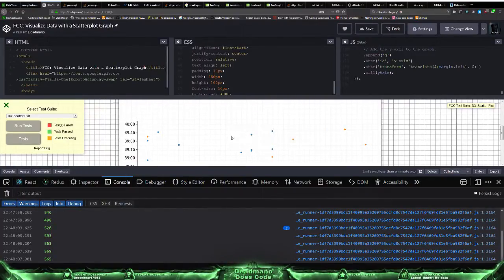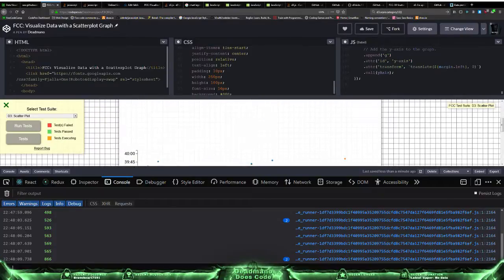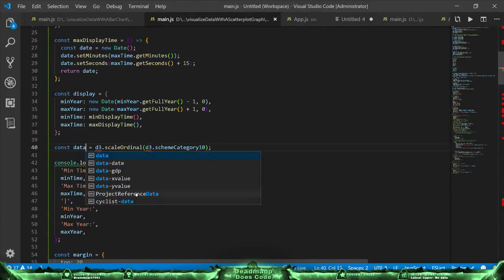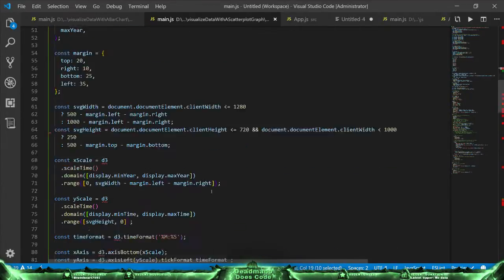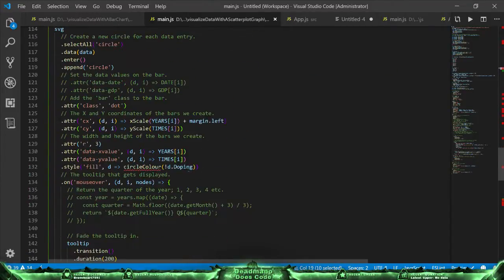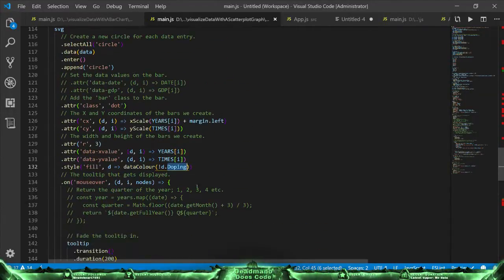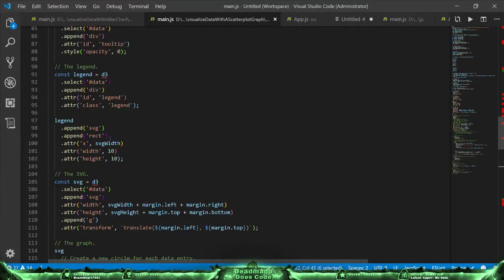So the ones that dope are blue, and the ones that don't dope are orange. Okay. Let's do data color. So where I said color, circle color, it's data color, not d.doping. And then for the legend,